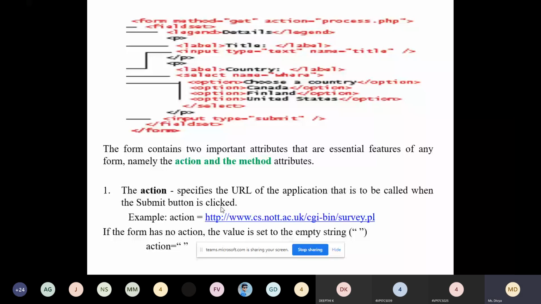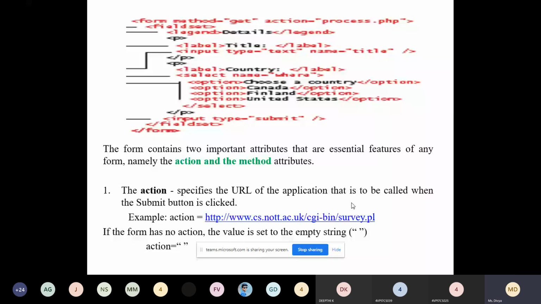When you click on the submit button, what is the next page that needs to be called? The next page will do the job of submitting the data you have entered in the form to the database, or it may submit the data directly to the server, where it will process the data and perform certain tasks.